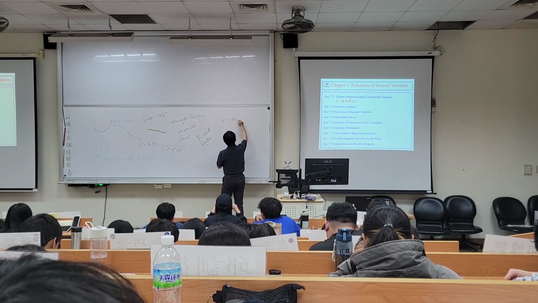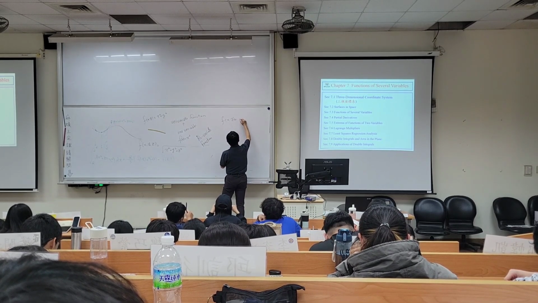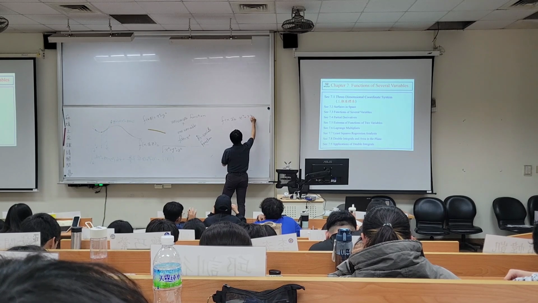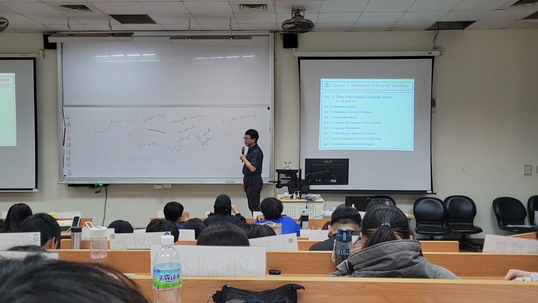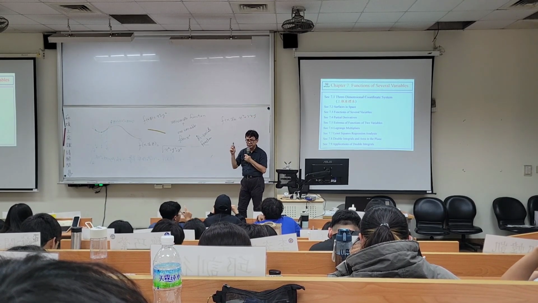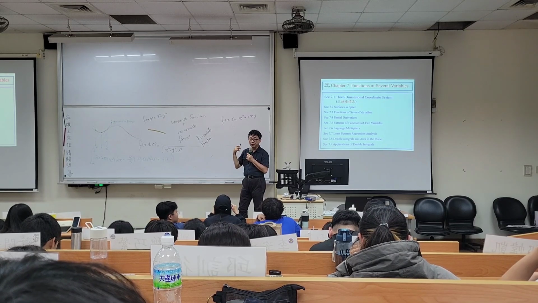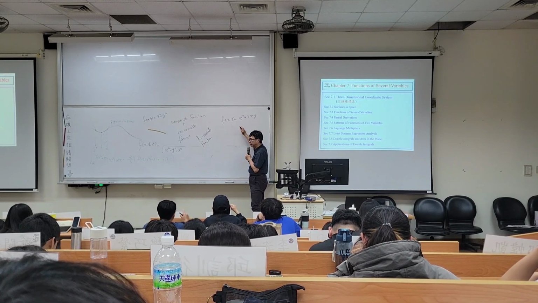This is, say, x squared plus 2xy, for instance. And since you have two variables, x and y, you are able to take the